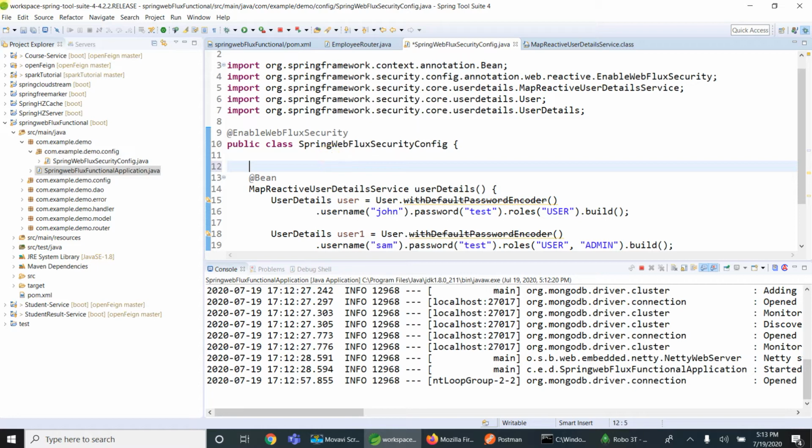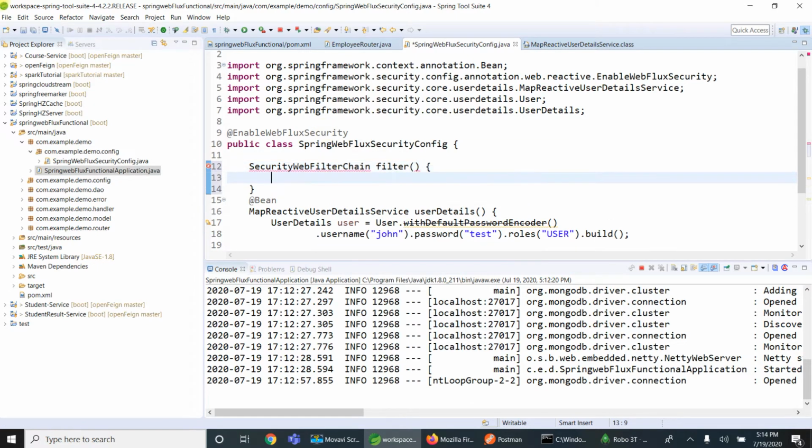So I'm going to use that security web filter chain. So it takes ServerHttpSecurity.